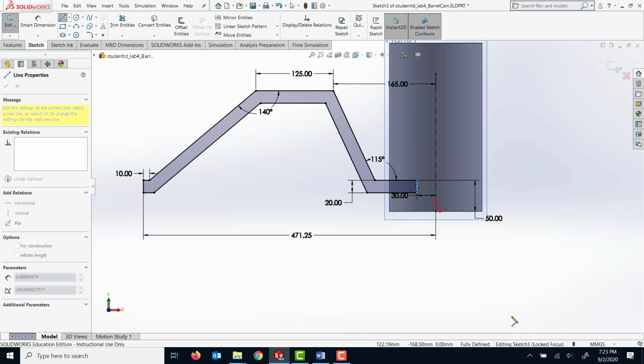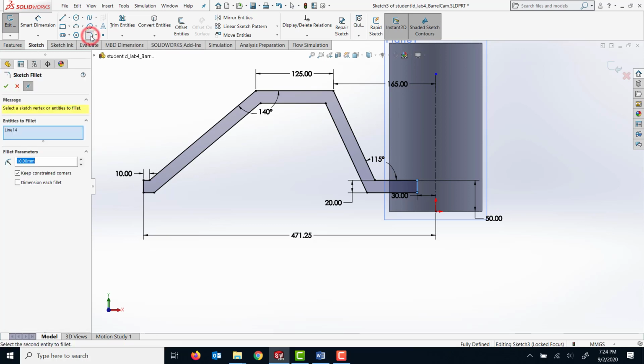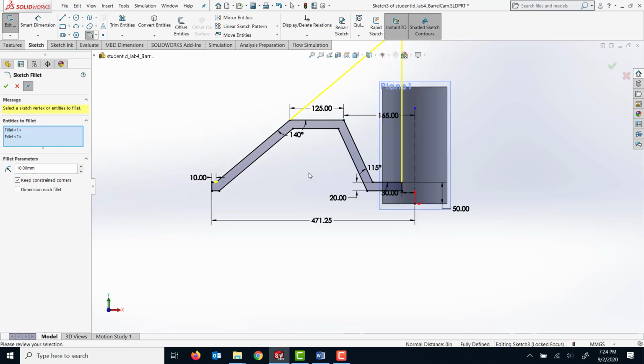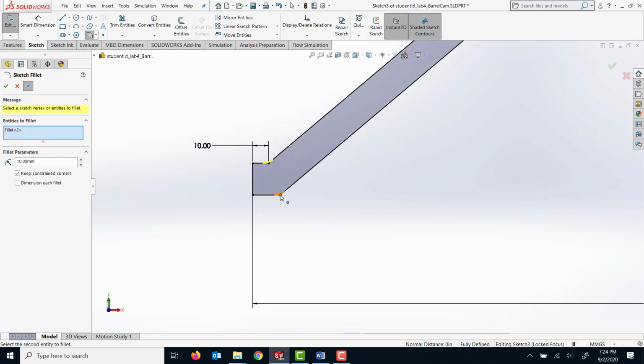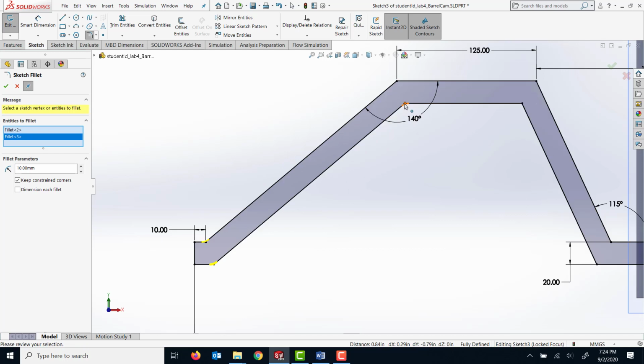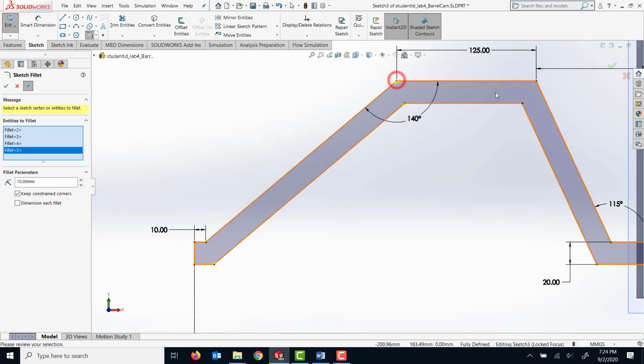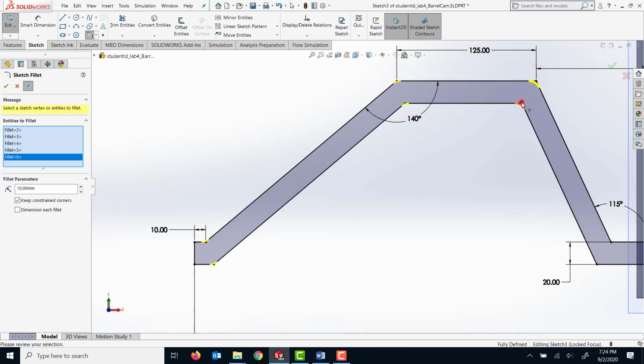So in the next step, I'm gonna add some fillets. I'm gonna click on this sketch fillet, and I'm gonna select the radius. I'm gonna specify for now the fillet parameter. I'm gonna leave it at 10, and I'm gonna select this one. Oops, I did something there. I'm just gonna delete this. I am just selecting this, this, this, this,